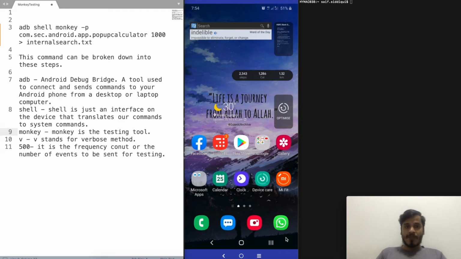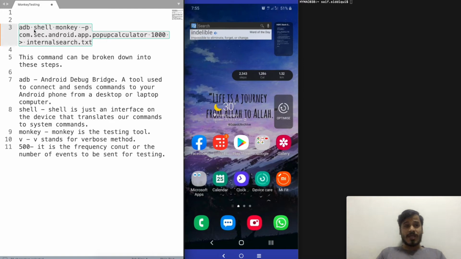And also we need to take out the activity of the application on which we are going to perform the monkey testing. So for the sake of reference, in this video I will be using my local calculator application, which is present in every device. I will be using that native application to perform monkey testing. And this is the command which helps us in performing the monkey testing on the Android application. So let's take a look at exactly what this command is and what it means.